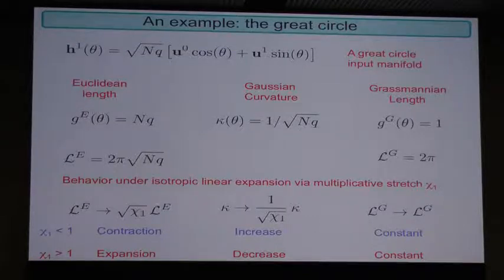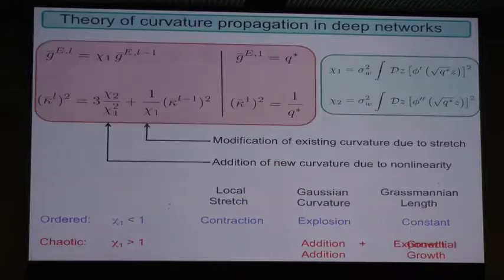If chi1 is bigger than 1, you get expansion, so the length becomes bigger, but the radius becomes bigger, and curvature is 1 over radius of curvature, so the curvature becomes smaller. So linear expansion does 2 things. It lengthens out the curve, but it sacrifices curvature. What I'm going to show you is that deep neural networks do something qualitatively different. They will expand length without sacrificing curvature. And that happens because of the curvature and the nonlinearity.